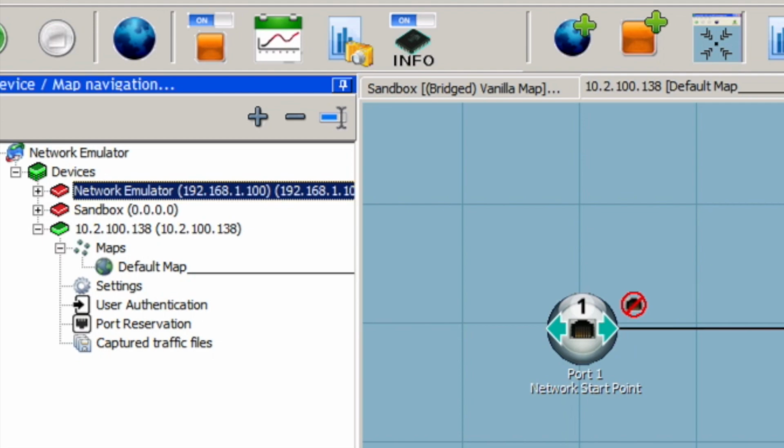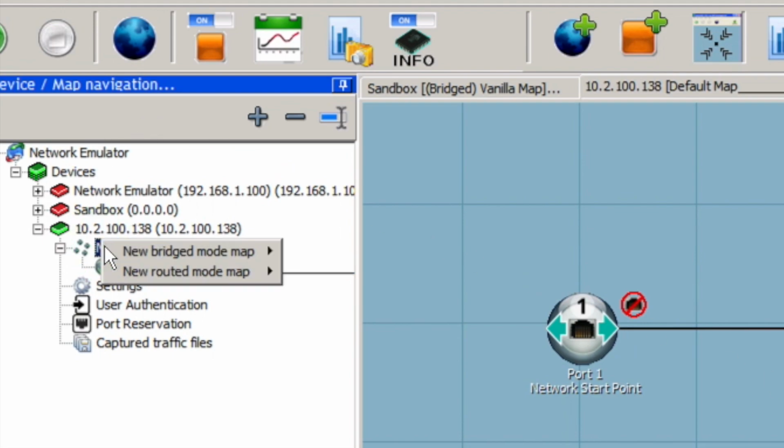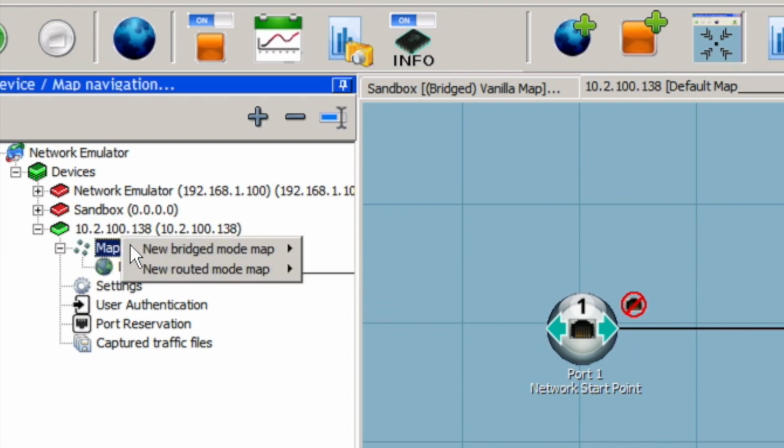In the SNE world, the configuration file is called a map. The maps will be created under your device. As you can see, you have a map tab with already a default map appearing. Once you double click it, this default map will open up as a tab in your main pane, or you can right click and create a bridged or a routed map. More on bridged and routed maps in another video. So I will create a new bridge map,